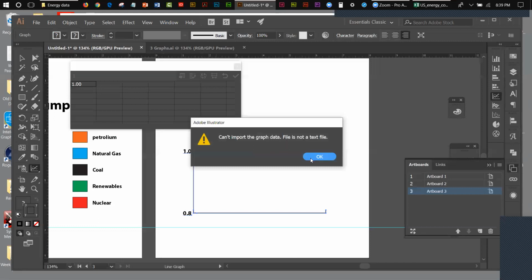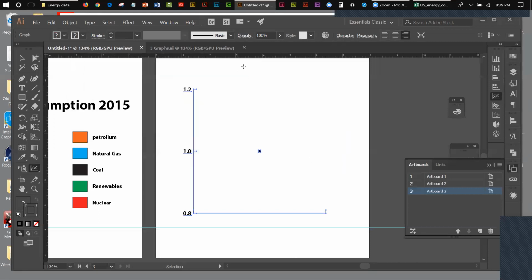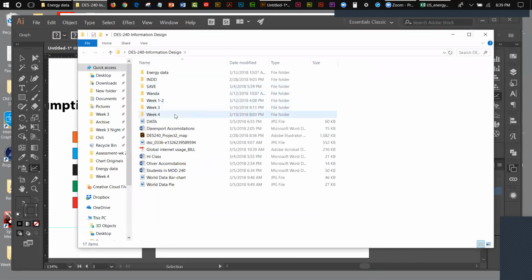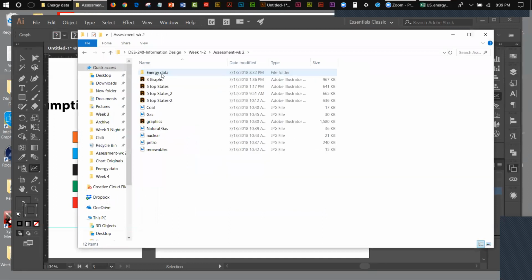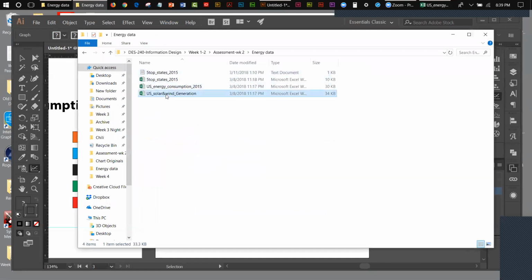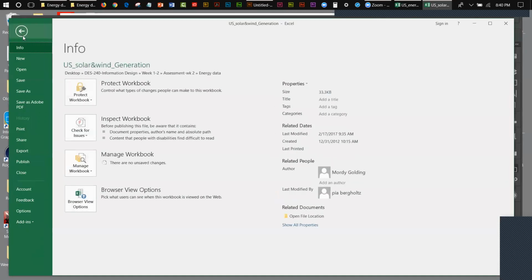I know I just seem like I'm an idiot, but I'm doing this on purpose because I want to remind you that it's not going to let you import the data this way. So what you have to do is close this for a second, come in here, and open this up, and go into your folder, which is your energy data folder. Open up the U.S. wind, which is right here, okay? And then you're going to go File, Save As,